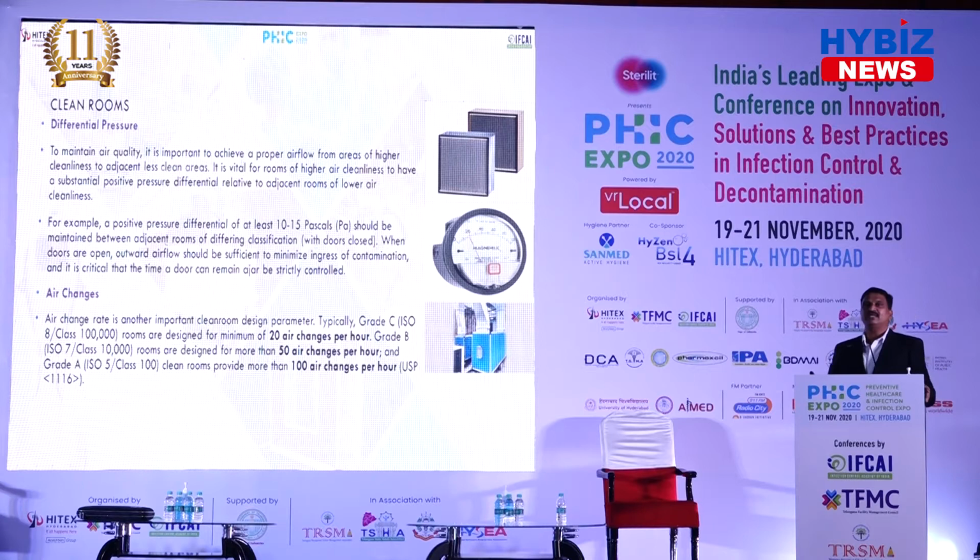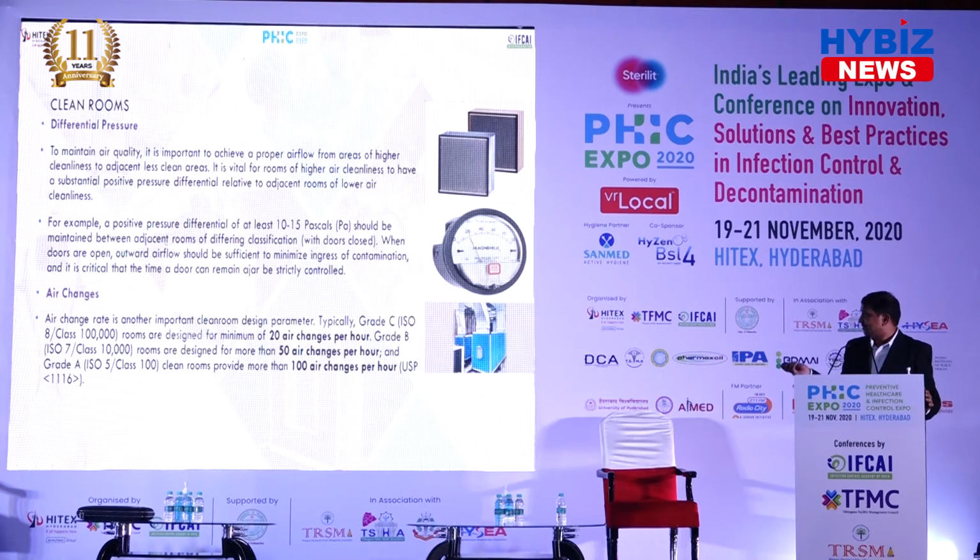So for clean room monitoring, there are different parameters to be monitored, as I discussed earlier. That is temperature, relative humidity, differential pressure. Accordingly, the differential pressure among the clean rooms should be maintained. The cleanest room should have more positive pressure compared with the less clean areas. Generally the differential pressure of around 10 to 15 pascals should be maintained with the adjacent rooms, so that the air flows from the cleanest room to the less clean areas. The positive pressure differential should be maintained.